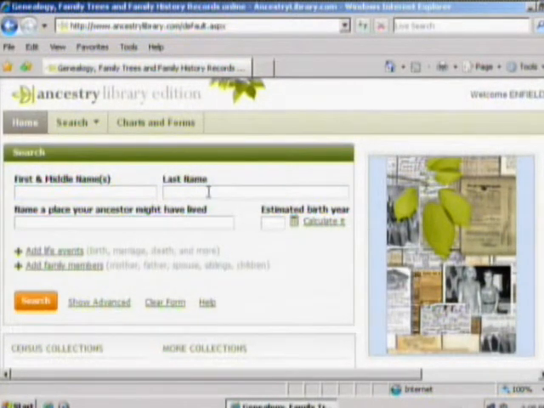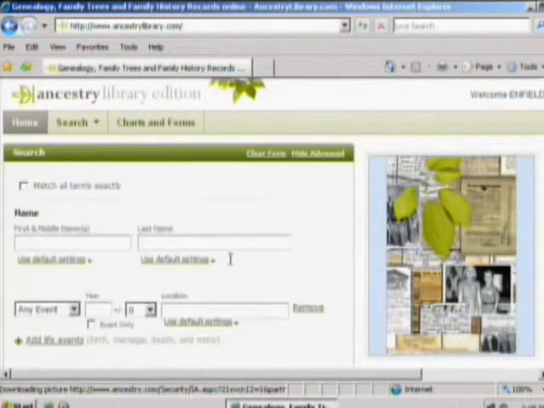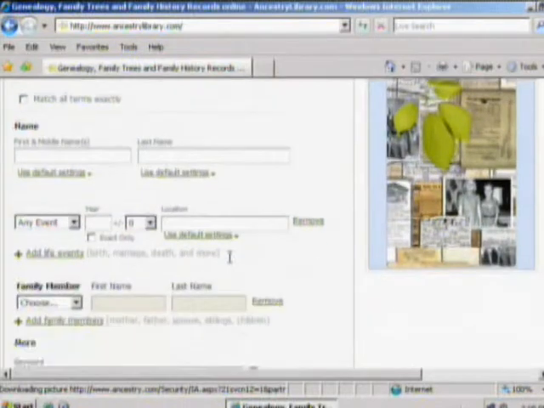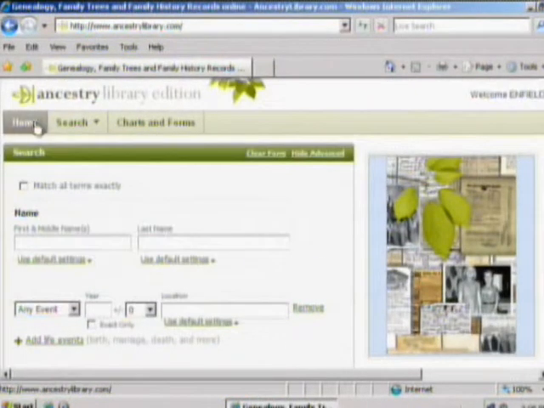And again, you can see a very straightforward, simple search page. This home button is always going to bring you back to this screen. It's a good jumping off point, entering a few names here and there that you can search on. It also has an advanced search capability that's going to allow you to add more variables, and we'll talk about that in just a minute, but you can see the advanced screen allows you a little bit more.